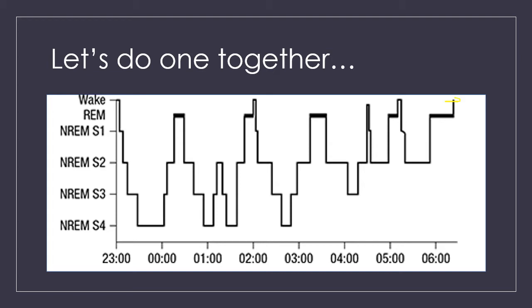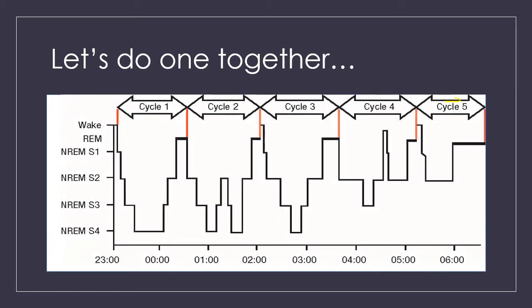So let's have a look at how we break it down. So the first one, we're breaking it down into the cycles. So remember, most people have 4 to 5 cycles per night. And in this person, they've had 5 cycles between 11 o'clock and I'd say about 6:30. That's my guess anyway. Right, so if we have a look at this, we're going to highlight the areas where